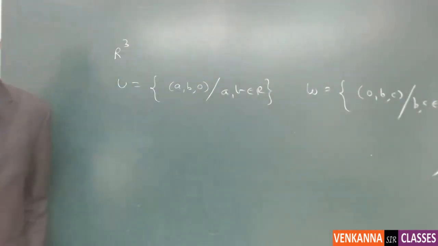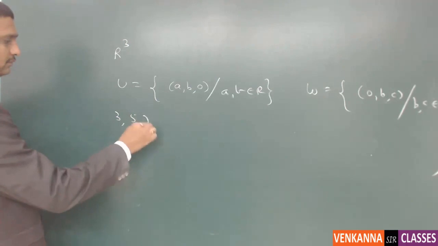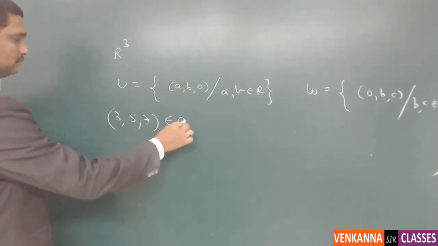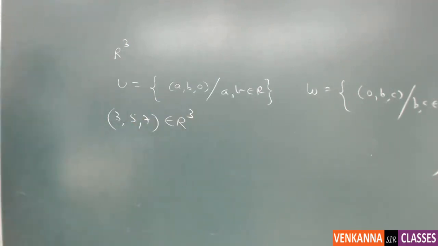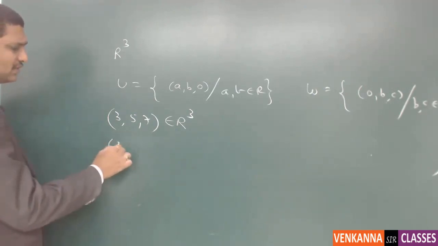Now let us do a small observation. Suppose I have taken a vector (3, 5, 7) in R cube. Now see one thing, that I can write this (3, 5, 7) as